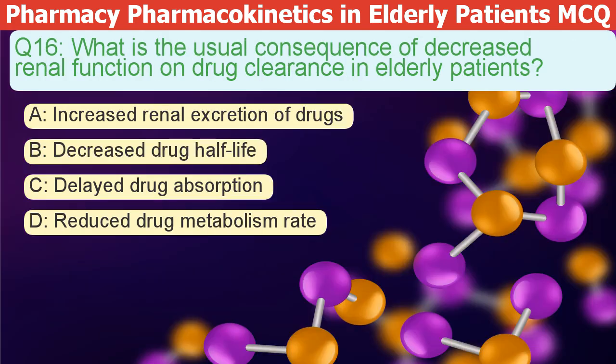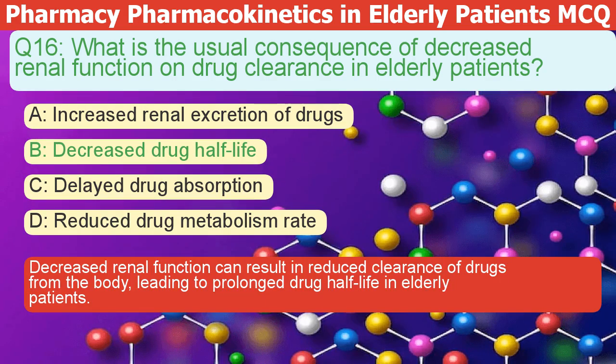What is the usual consequence of decreased kidney function on drug clearance in elderly patients? A. Increased renal excretion of drugs. B. Decreased drug half-life. C. Delayed drug absorption. D. Reduced drug metabolism rate. The correct answer is B. Decreased renal function can result in reduced clearance of drugs from the body, leading to prolonged drug half-life in elderly